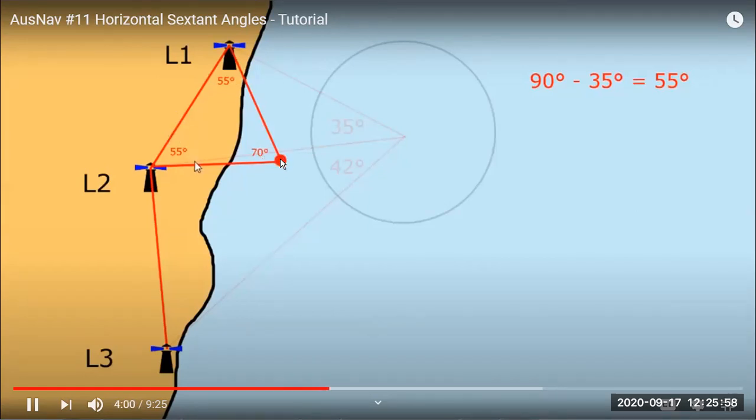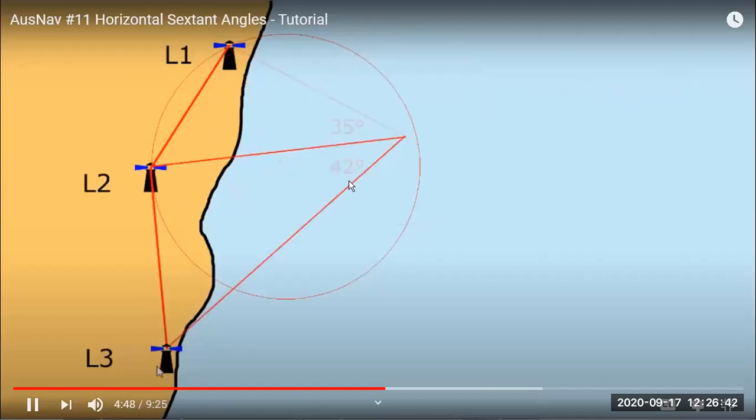From this intersecting point, which is 70 degrees, we take this point as the center and the distance between the lighthouse and this point as the radius. We draw one circle, and the circle passes through both the lighthouses also. So the radius is this and this. This is one position circle which we got, so the ship can be anywhere on this position circle.